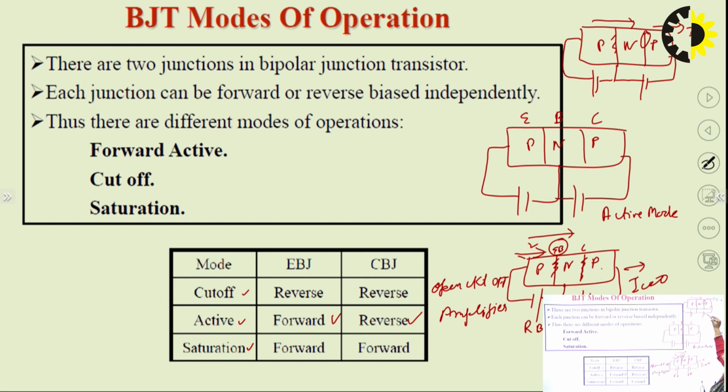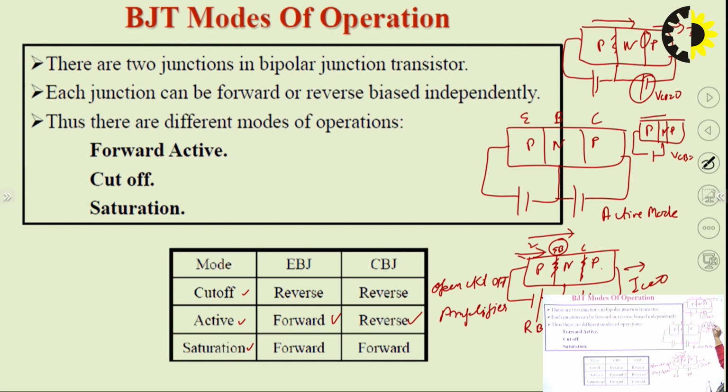Like if we initially keep VCB as 0, it means only this circuit will be reduced in this way. This is PNP, so we will make this forward bias, and we will keep VCB as 0. So in that case